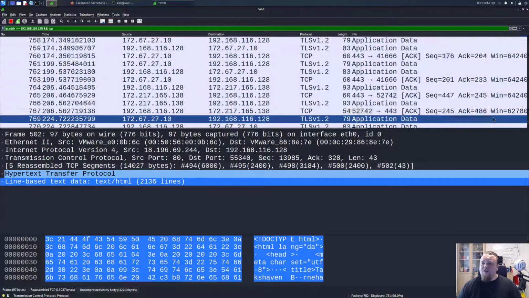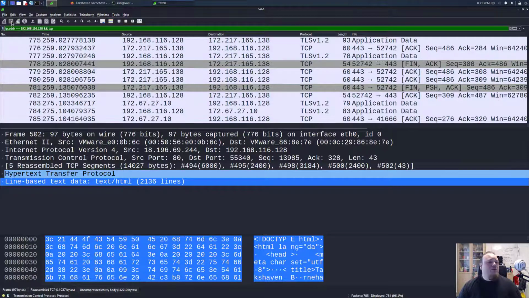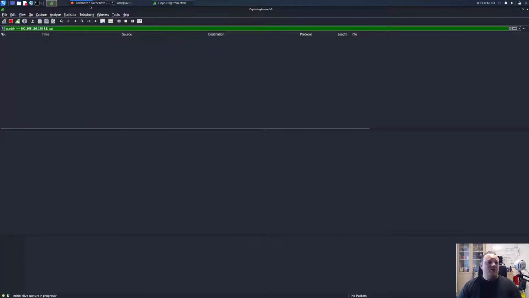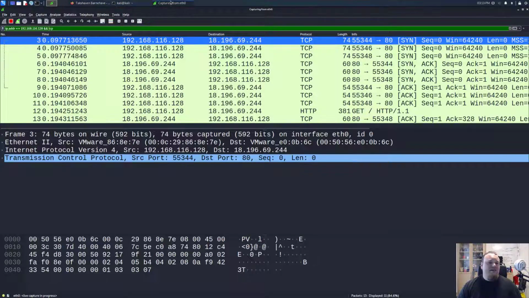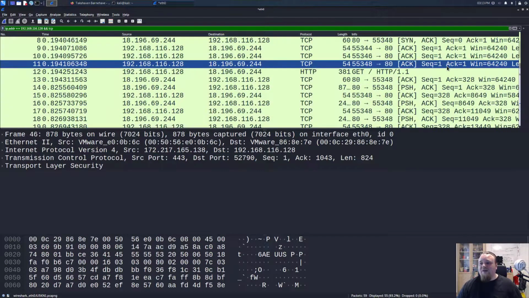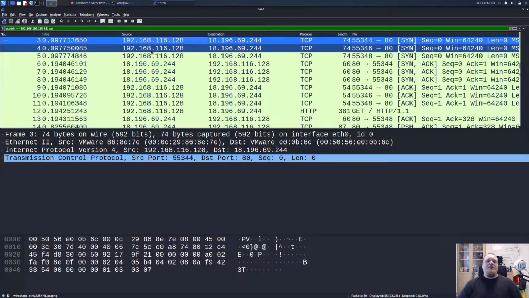From my machine, it would seem that I am. So if I do this and continue without saving, go back, refresh, go back to Linux Kali, and then just shut it off. Then I recorded the actual very first three-way handshake,